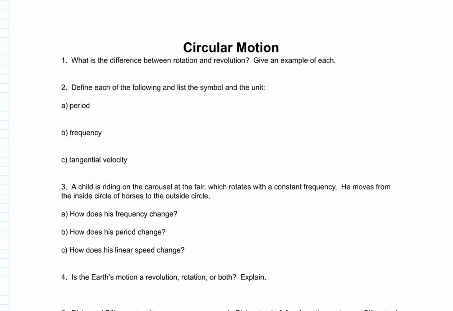Okay, here are solutions for circular motion. First question asks, what's the difference between a rotation and a revolution? So for a rotation, this is an object spinning on its own axis. Think of spinning a basketball on your finger. That object is rotating. A revolution,